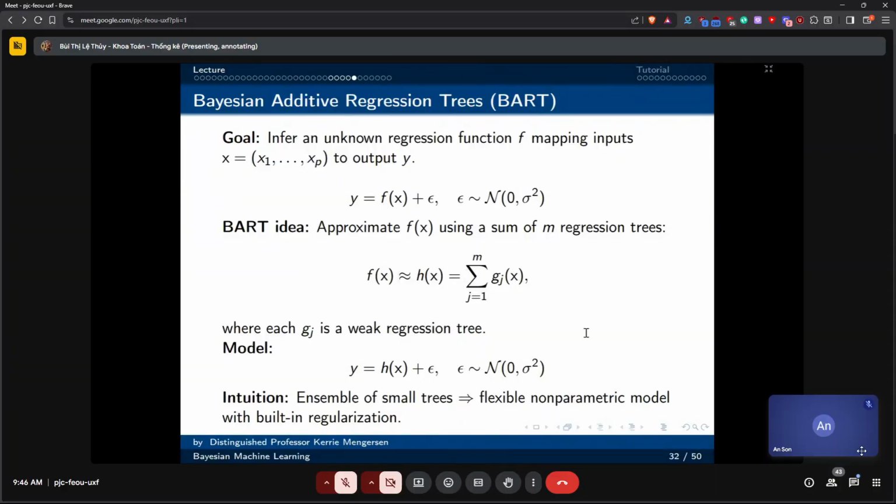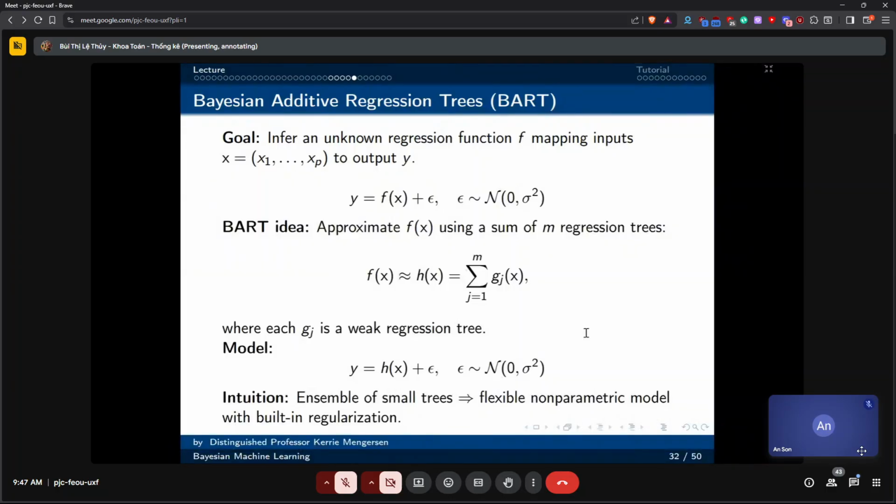So we're going to have this regression equation that we had before: y, an outcome, a response, and a lot of predictor variables. We're going to approximate the relationship between that response variable and these predictor variables using this sum of these different regression trees that we're building.